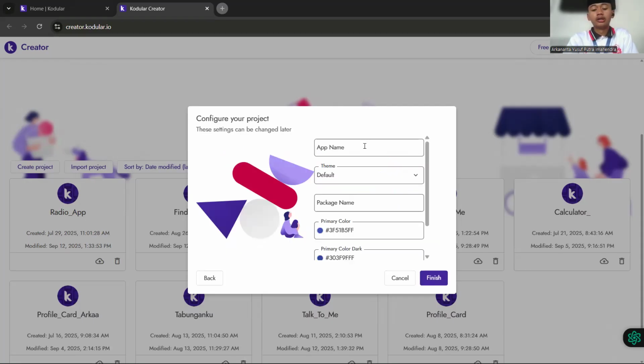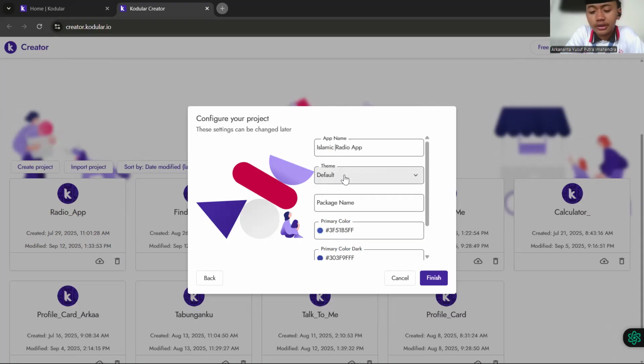In the next tab, there is the app name. For the app name, you can give Islamic Radio App, but replace the underscores with spaces.